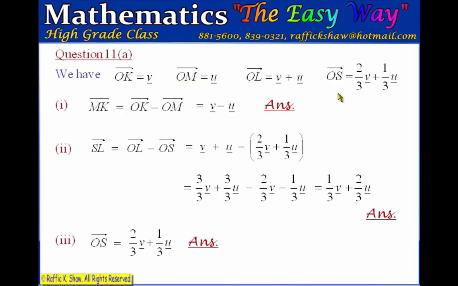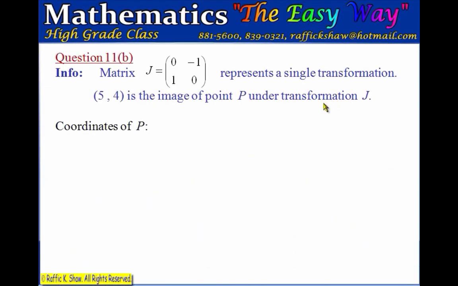Let's move down now to question 11b. Now question 11b gives us this matrix 0, -1, 1, 0 representing a single transformation, and we are told that the point 5, 4 is the image of P under transformation J, and what we want is the coordinates of P. Now since 5, 4 is the image of the point P under transformation J, it means that when the matrix J is applied to a point P, the result is the point 5, 4, and we can represent that